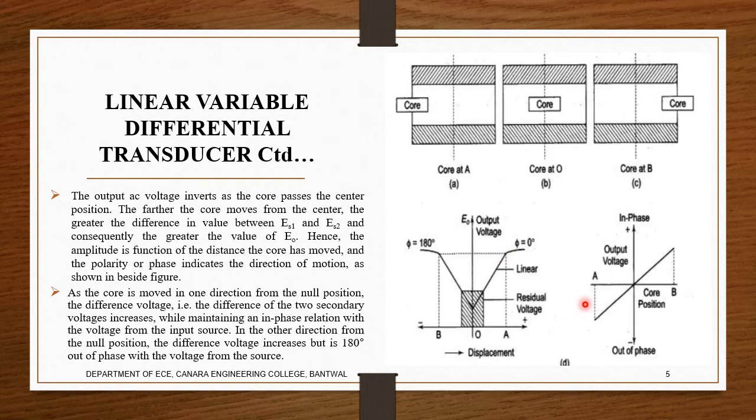And remember one thing: the voltage at A is always in phase with A, and the voltage at B is out of phase with B. That's one problem here. So voltage at A is always positive, and voltage at B is in reverse position. It's a reverse voltage. Okay, a positive voltage at position A, and a negative voltage at position B.